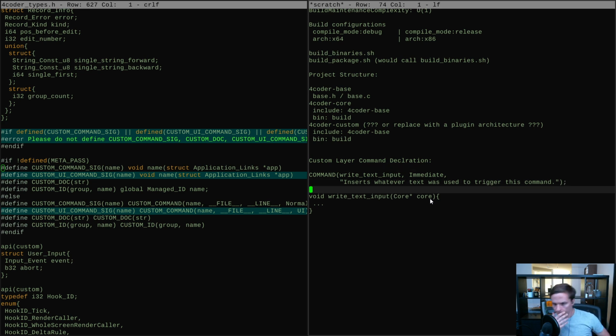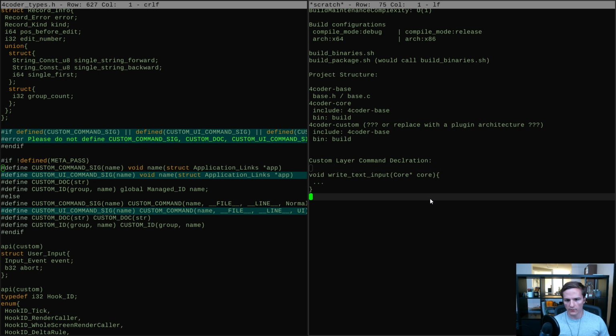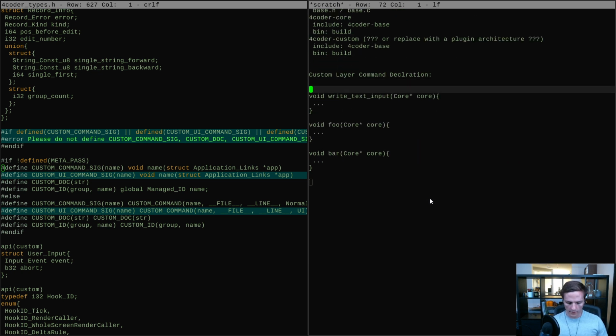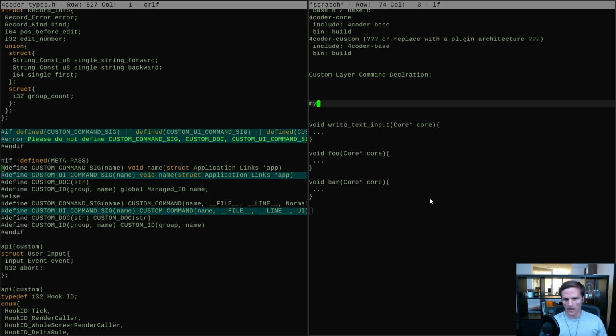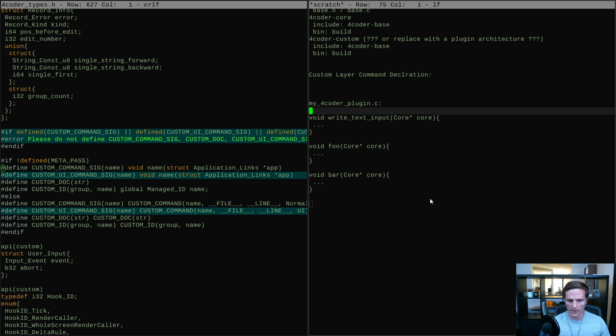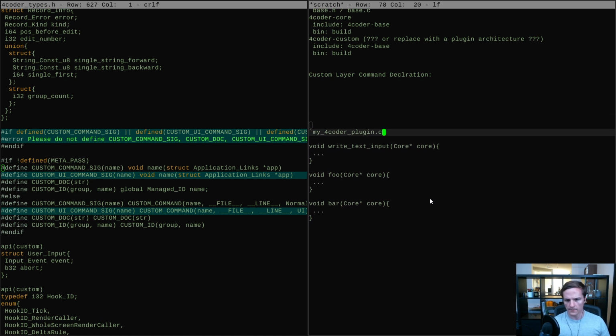So here's the push and pull. If I just have you define your functions like this, right? We have foo bar, and if these are your commands, and then you're writing your my 4coder plugin.c, right? So we're just brainstorming here. We're thinking about how a good plugin system might work. Here's my 4coder plugin.c. And then somewhere in here, you have to have, like,